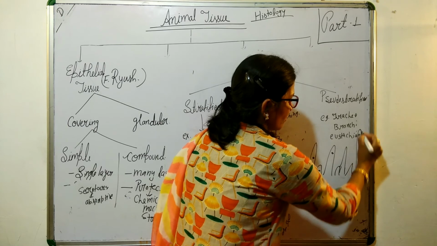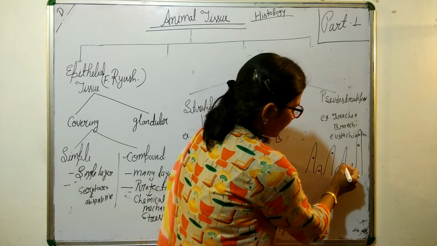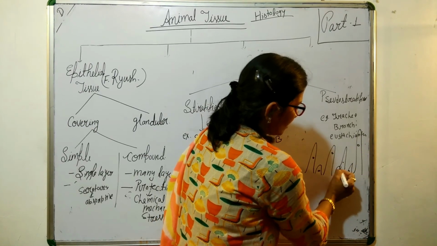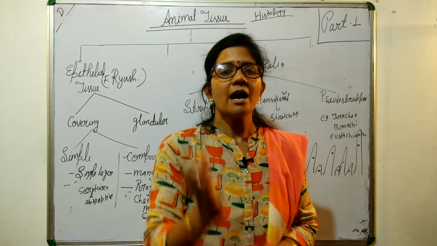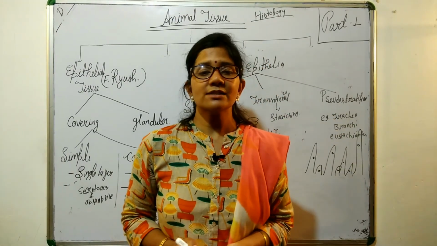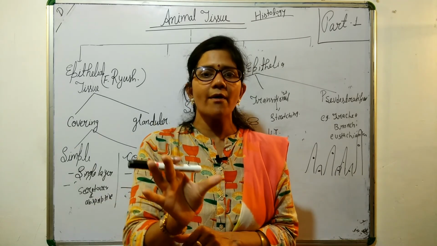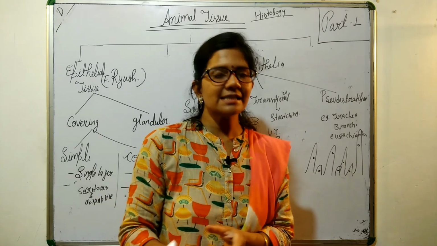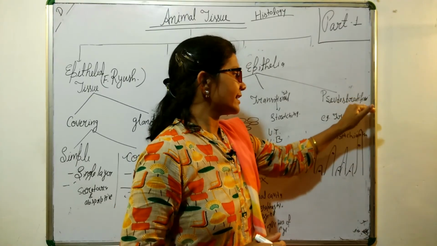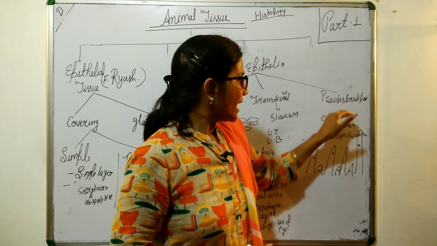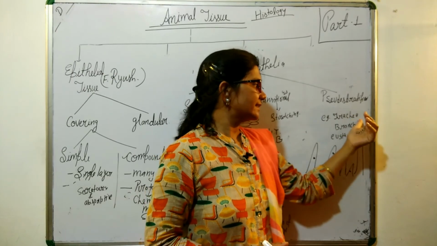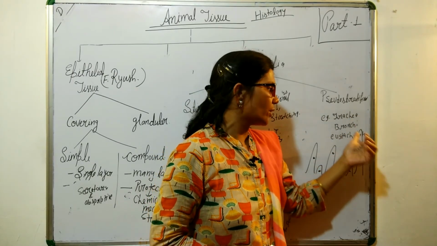If it is larger, then on the basis of the nuclei it looks like it has many strata, but actually it has only one stratum or one layer. So we call it pseudo, meaning it just gives a false appearance. So it is a false stratified epithelial tissue, and you will find it in the trachea, bronchi and